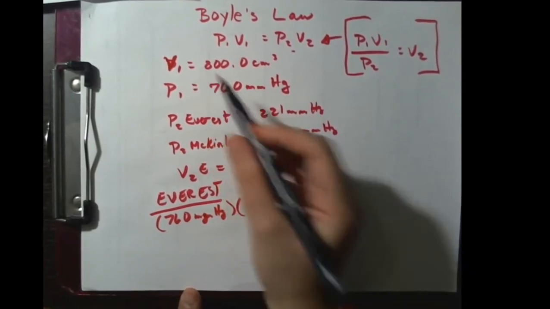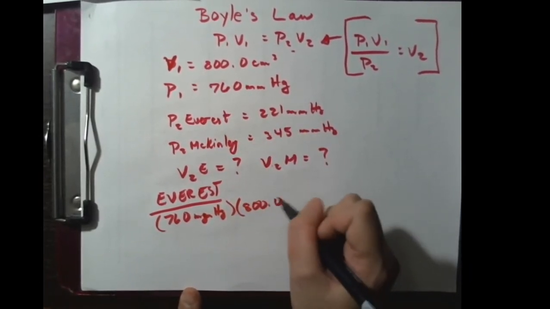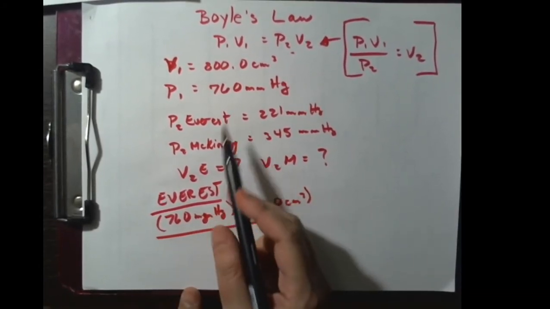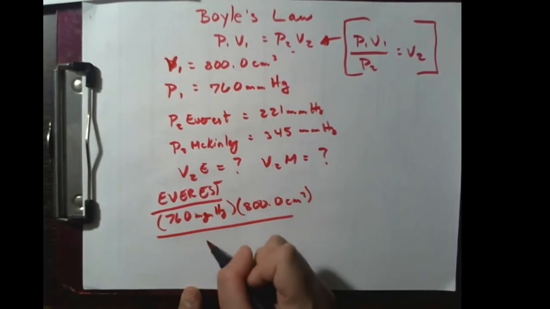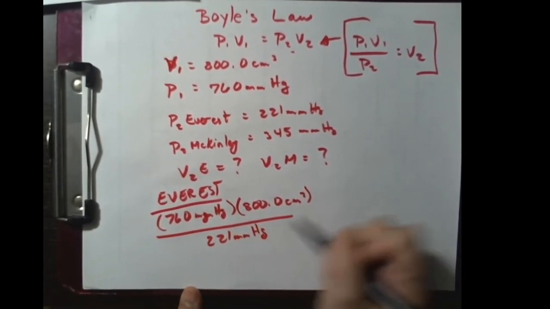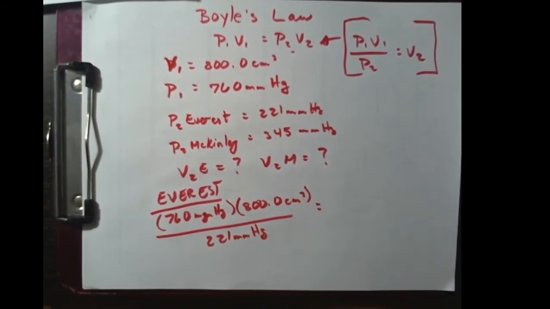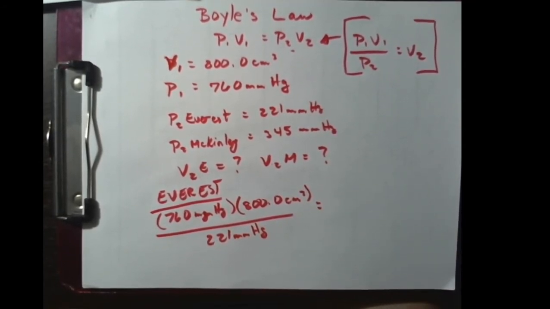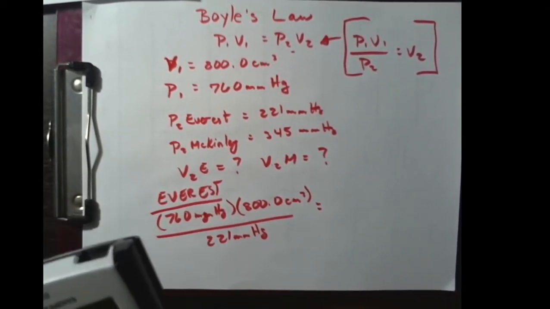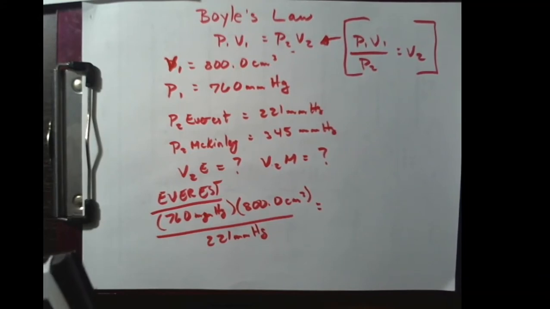And then our initial volume was 800 centimeters cubed, all over our final pressure, which was 221. And that's going to equal, let me get my calculator. So 760 times 800, divide that by 221. And we're going to get